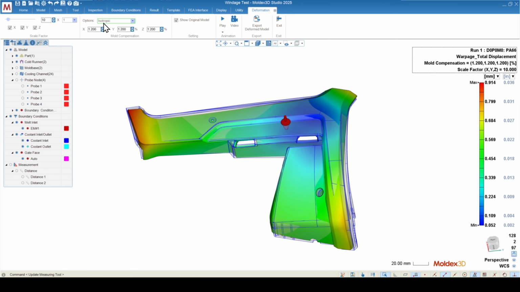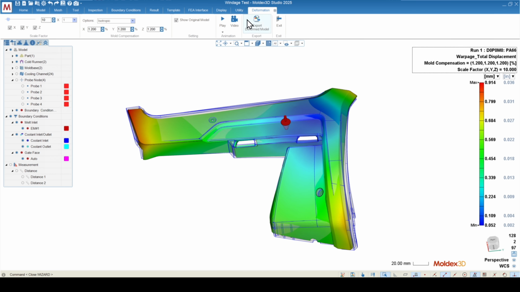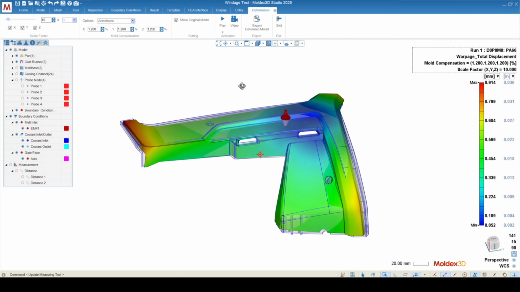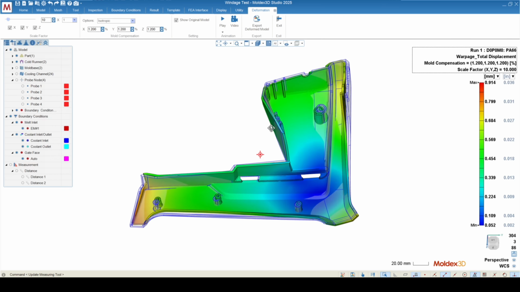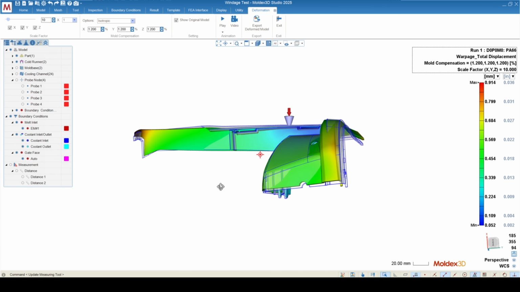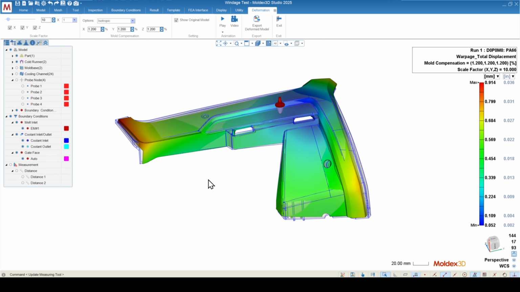And when I do an isotropic compensation, that's an indication that all three X, Y, and Z compensation values are the same. If I want to make these different values, like for example, if I want to input the values from my warpage log file, I can do so using an anisotropic compensation, and then I could put those values in here. This would be a little bit more representative as a global average. But this effectively removes the linear shrinkage, and so what we're seeing here is just the differential shrinkage or warpage of the final part. And so now we can understand not only how much we need to grow the part,